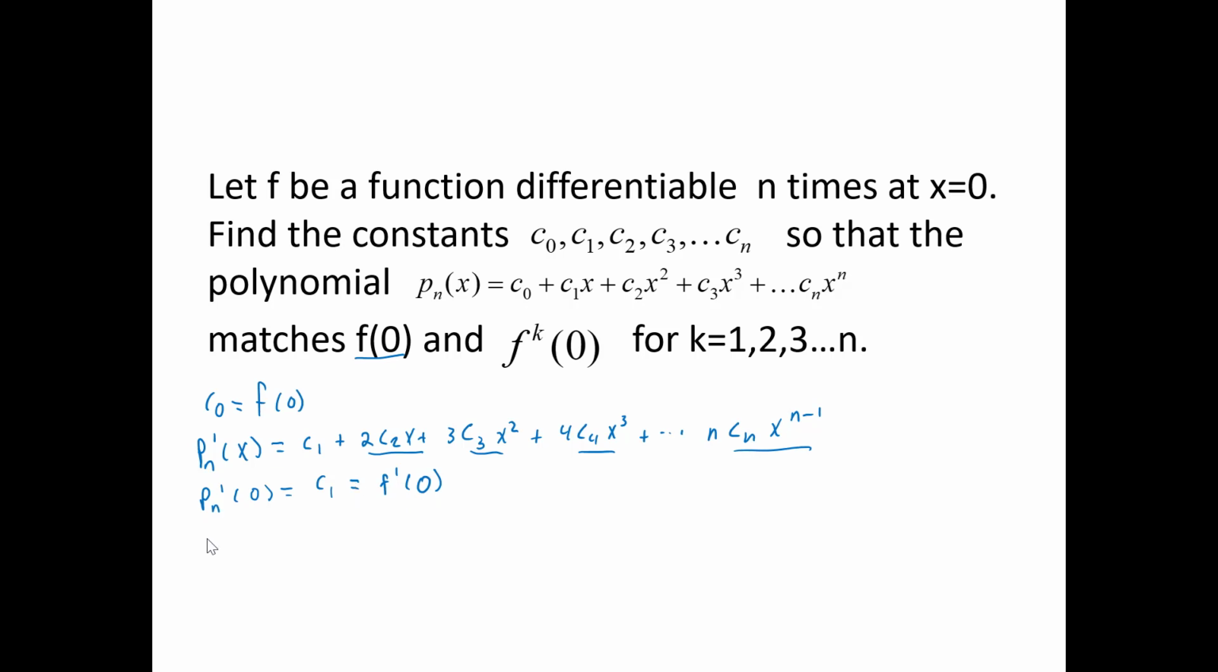Now for C2, we do the same thing. We're going to look at the second derivative, because now what happens with the second derivative is that first term goes away, and this will be your first non-zero term, and it will just be 2C2. But then here you're going to bring down the exponent, 6C3x plus 12C4 x squared plus